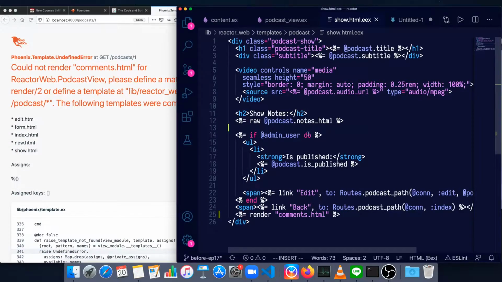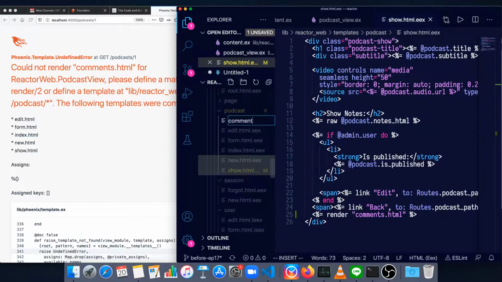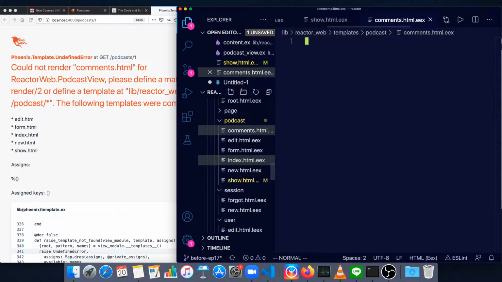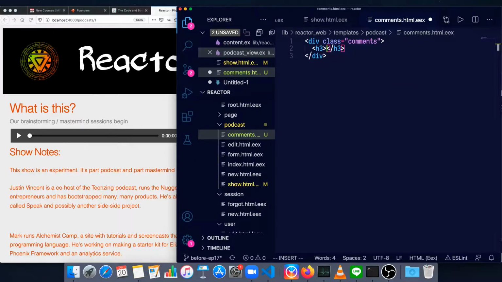So what we'll do next is create that in the same directory as all the podcast templates. Comments.html.eex, and for now we'll just do a div with a class of comments. Start with just an h3, and we'll say comments inside the h3, and then we'll loop over all of the comments we have on our podcast. So, for comment in podcast.comments, do,